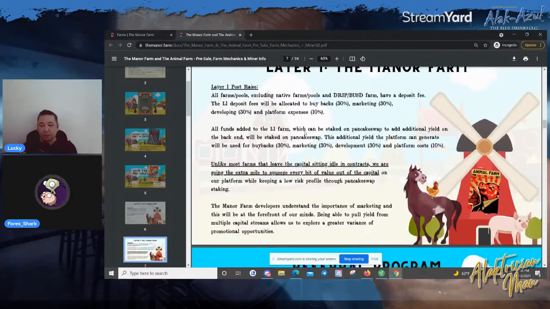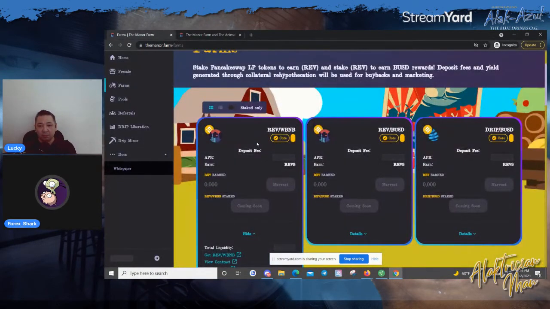So that is how the deposit fees are handled and how they're used in L1, and how we're generating a ton of extra capital on the back end to use for buybacks and marketing. And when I did the math, looking at what some of the other farms got that have substantially less interesting mechanics than us, and used some of the same marketers that we'll use, the amount of yield that we'll generate on the back end through this rehypothecation is likely going to be between $70,000 and $150,000 a week,